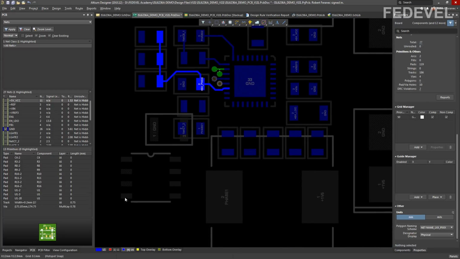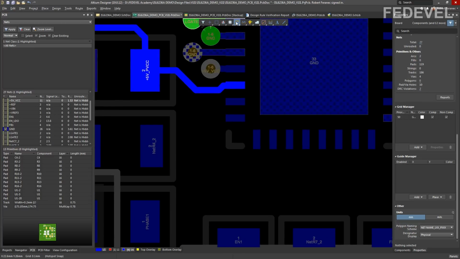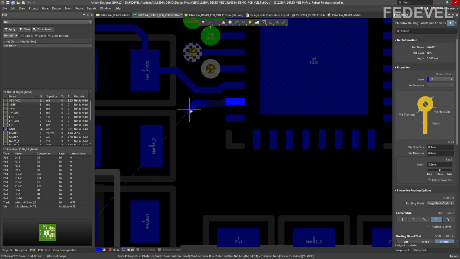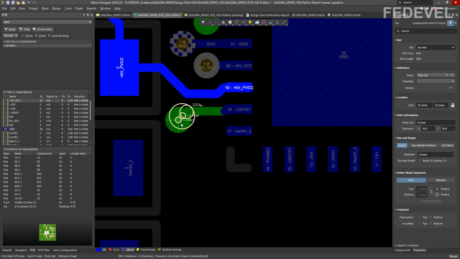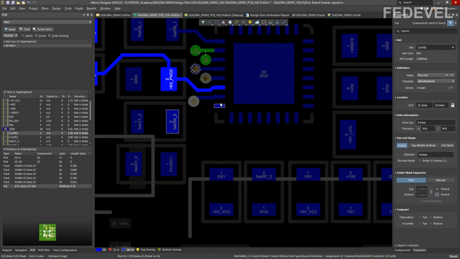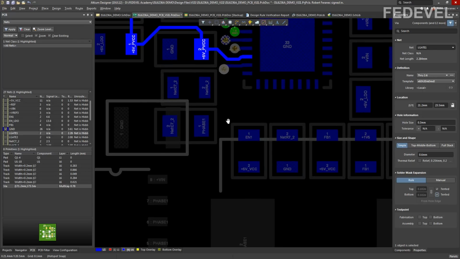This one is connected on the top, so just place a via here. This one is simple. Okay, this one we need to connect on the bottom and then it will go somewhere on the top.